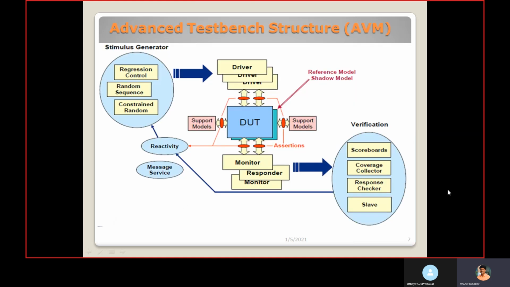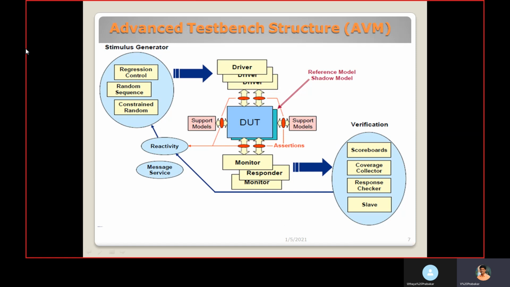This is the advanced testbench structure. The stimulus generator generates the stimulus with the help of randomization and constraints. Here we have a regression control. Regression is nothing but running multiple test cases one by one.